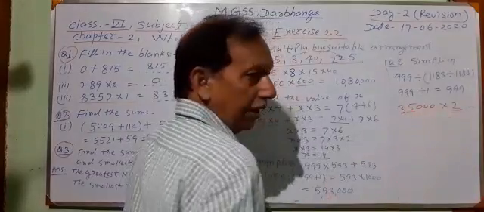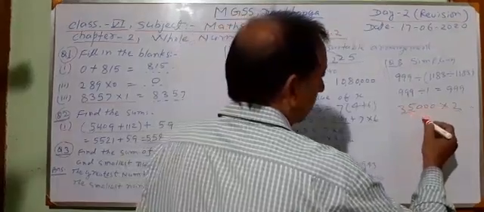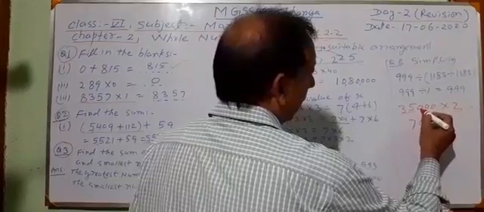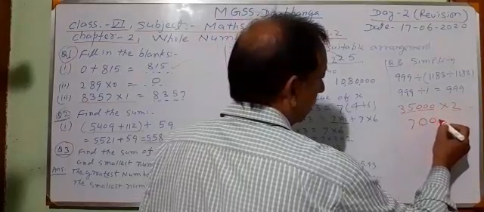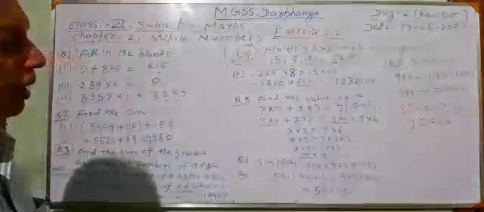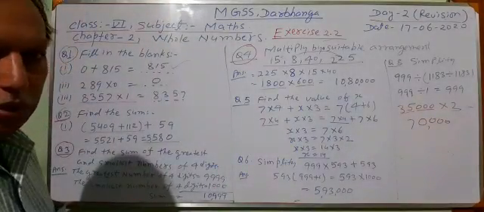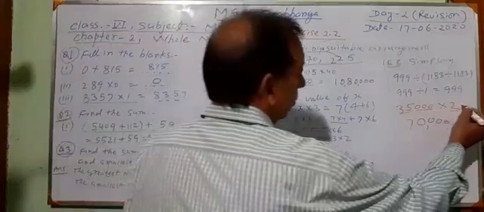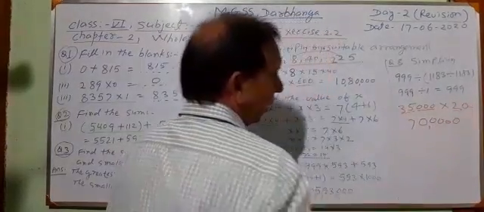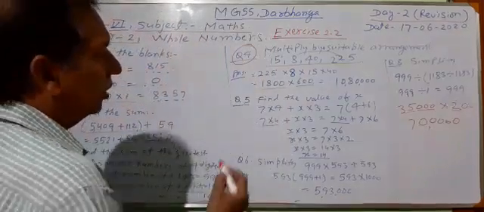35 will be multiplied by 2. This is equal to 5 to the 0, 1, 3 to the 7. And then we shall put 3 zeros, 1, 2, 3. This is the answer. We shall multiply the number and then we shall put the 0. If there will be 1 zero, 2 zeros, then these zeros will also be written here. In this way we shall multiply.